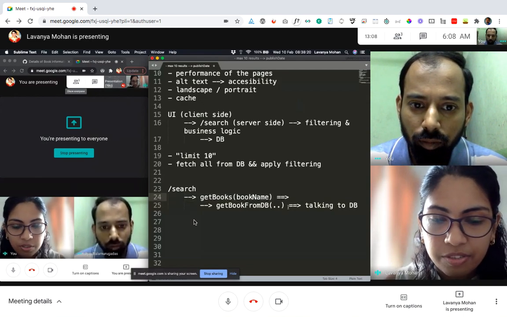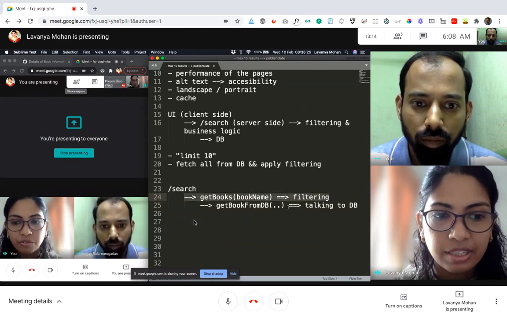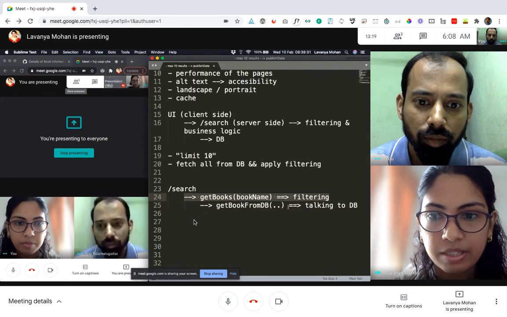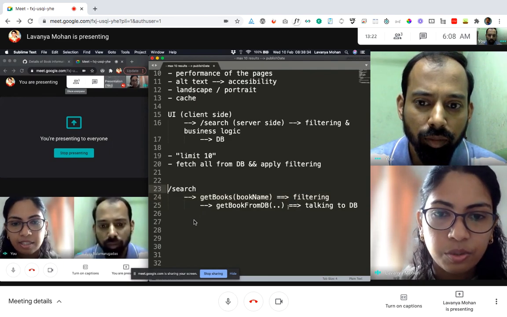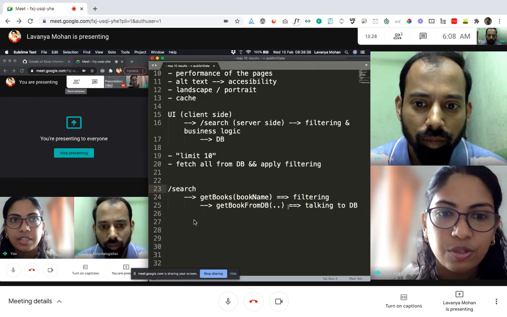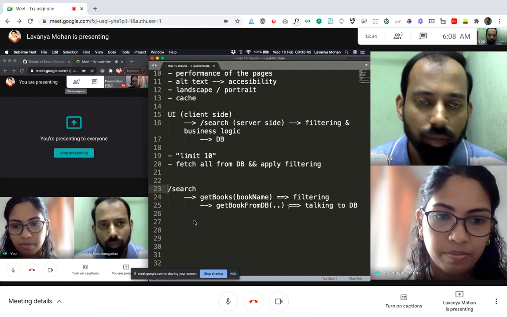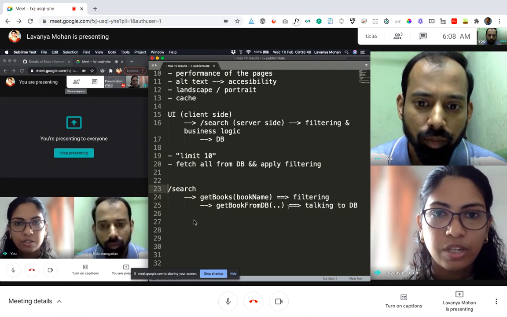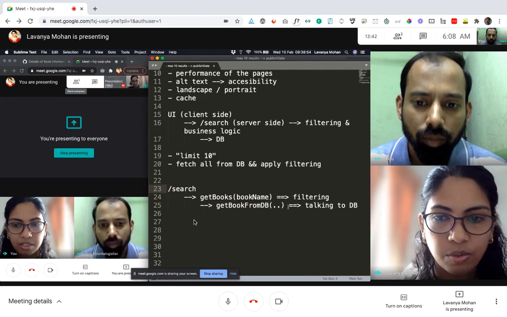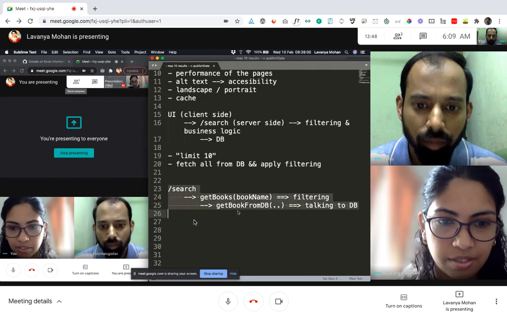This getBooks is actually doing the filtering logic. Right. It says, oh, I have got 20 books. Let me now filter it based on, let's just take the 10 books based on top published date, and then return it to the actual caller. So finally here, when we actually hit this API, we would probably, let's say, get a JSON response, which is an array of books. All right, multiple details. So every book will have a title, every book will have an author, published date, maybe the image URL, and so on. Okay, so this is how our actual flow on the server side works.